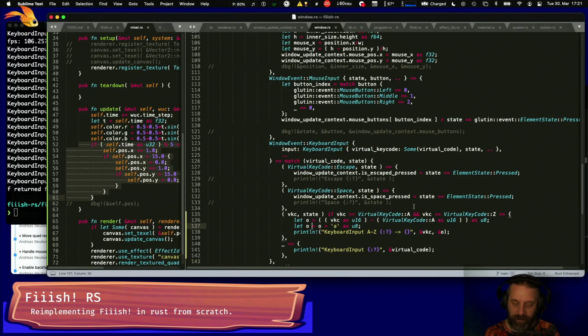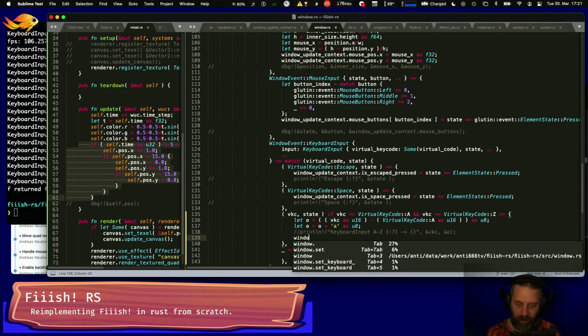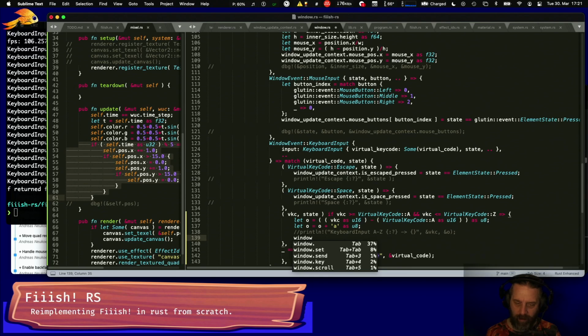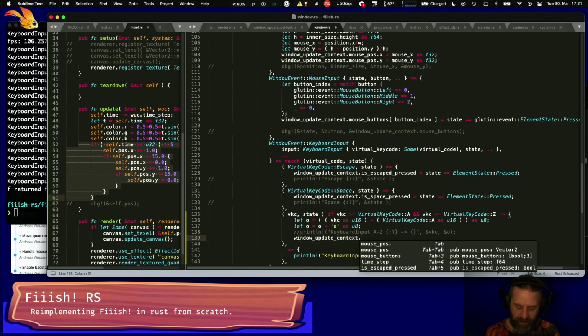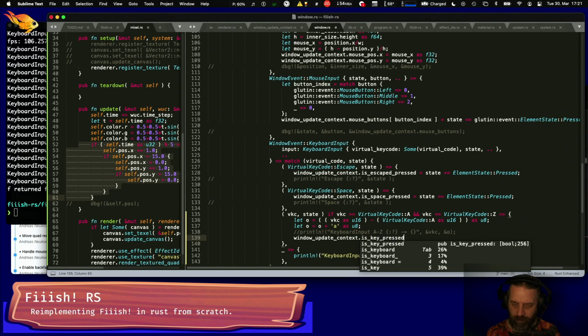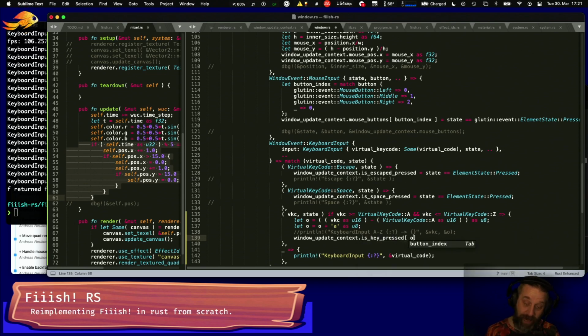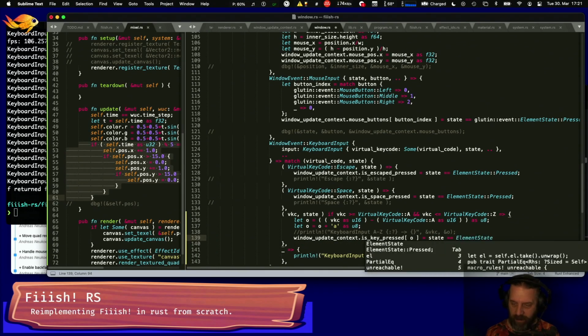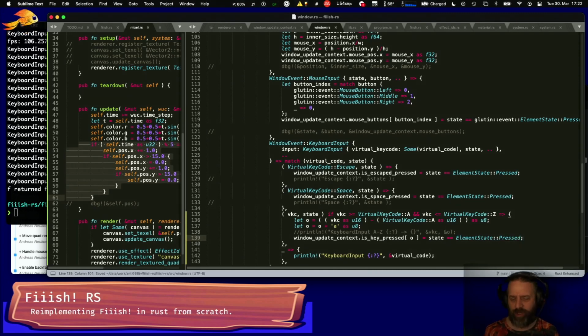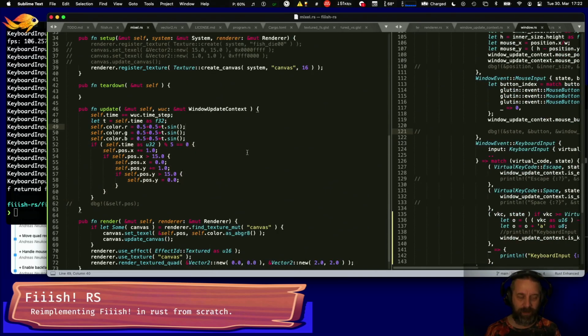And now we can say, we don't do this, but we say window update context is key pressed, and use the ASCII code and say this is state equals element state pressed. Should we do this? Probably not. That means right here we have the window update context, right? So we could say